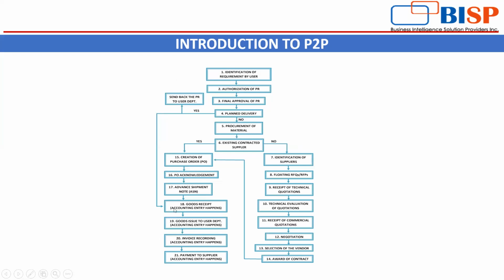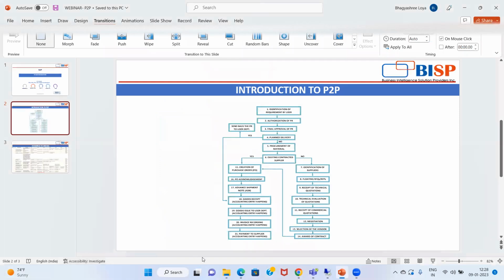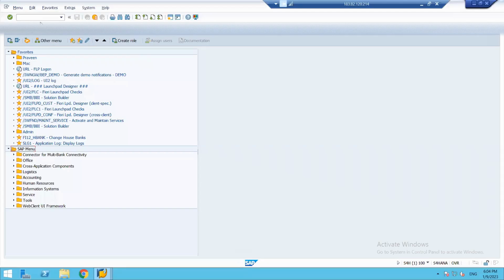So for all the account integration, we need FIMM integration, so integration of material management with our financial accounting. So let's see step by step. I'm going to my SAP Easy Access screen. So this is my Easy Access screen, and for the configuration, we need to go to the customization screen,